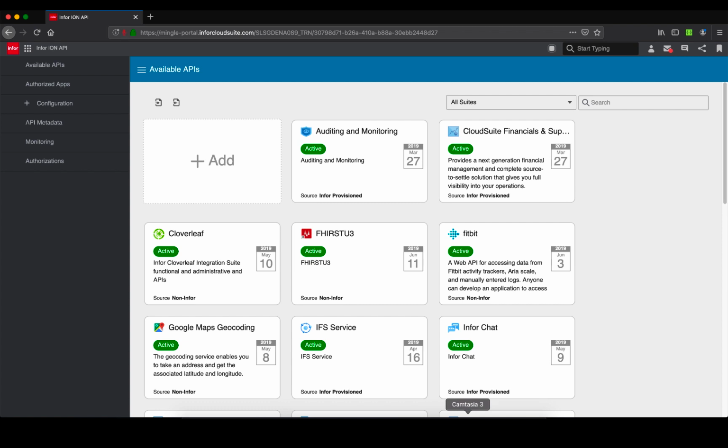This segment is to showcase the Infor OS capabilities of Coleman and the API Gateway. So the API Gateway allows us to register and leverage APIs across our healthcare enterprise, whether you build your own